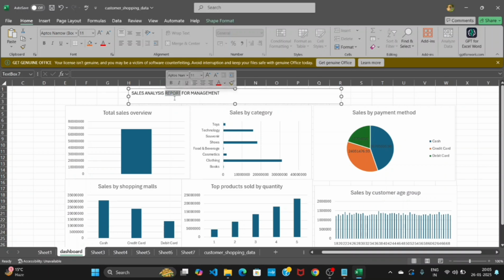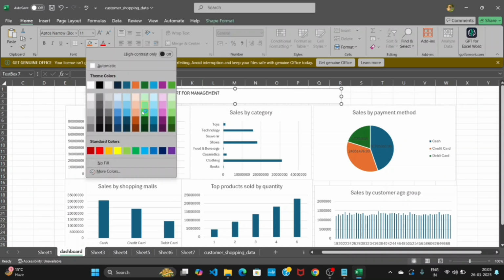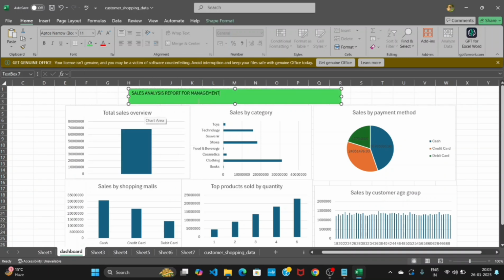We need the background color to be green, and the font color should be white. By clicking this, click on white,